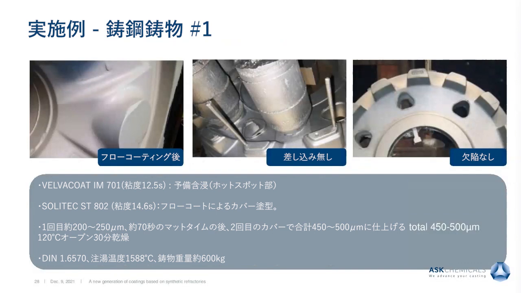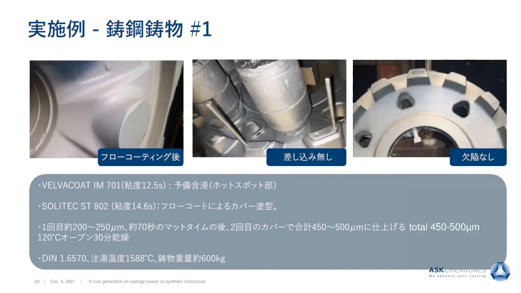With the first cover by flow coating, we achieved 200 to 250 microns, and after mat time, a second flow coating was applied, wet on wet, and we achieved in total 450 to 500 microns. After drying at 120 degrees for 30 minutes,